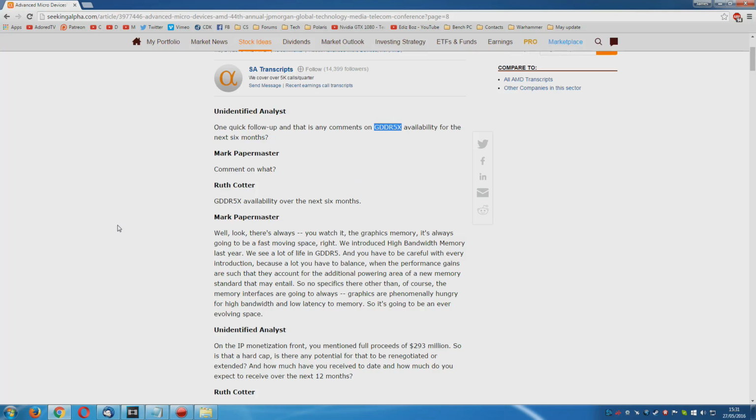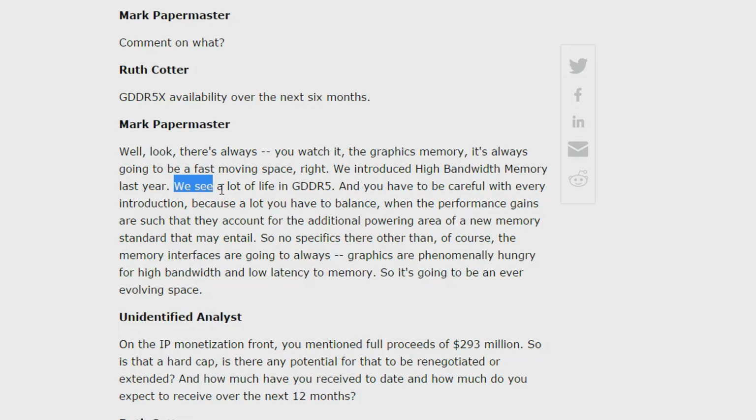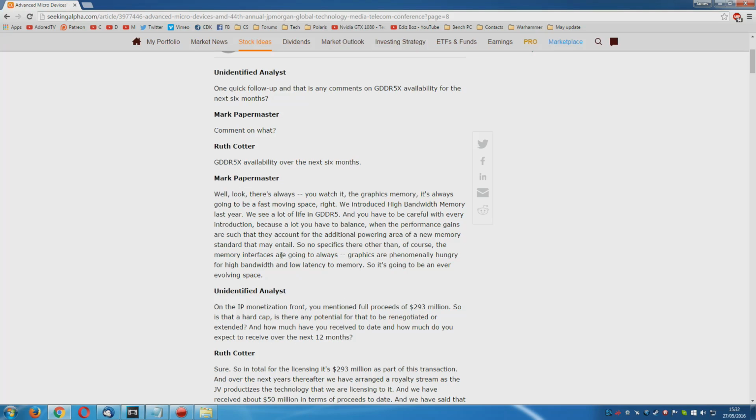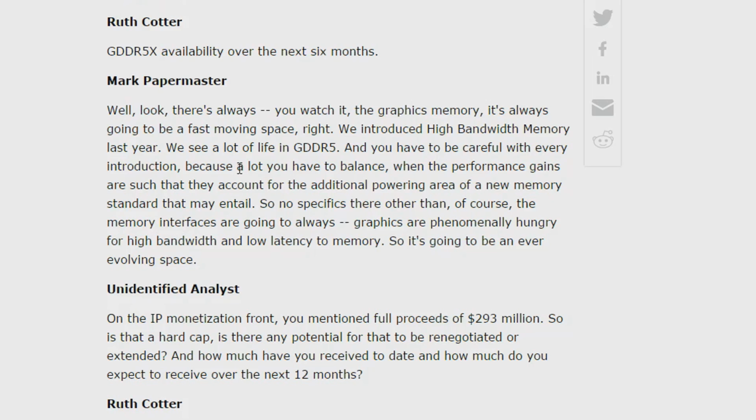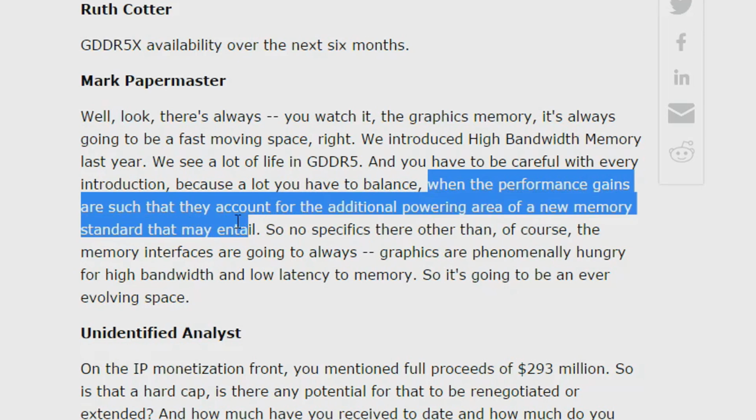Now another good question over the page where Papermaster was asked to comment on the availability of GDDR5X for the next 6 months. And once again we got a kind of half answer. You can tell a lot by what they're not saying, yeah? And he talks a bit about seeing a bit of life left in GDDR5, and then he talks a little bit about high bandwidth memory and low latency. But the important part here was he talks about how in a graphics card you've got a lot to balance, especially when the performance gains are such that they account for the additional powering area of a new memory standard